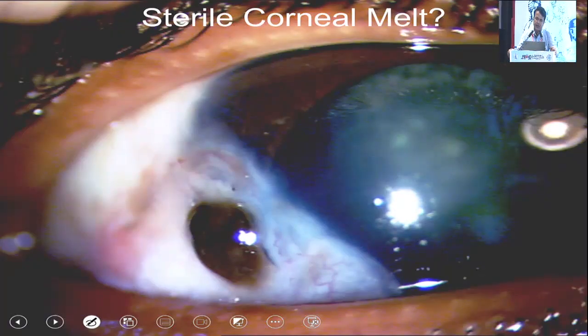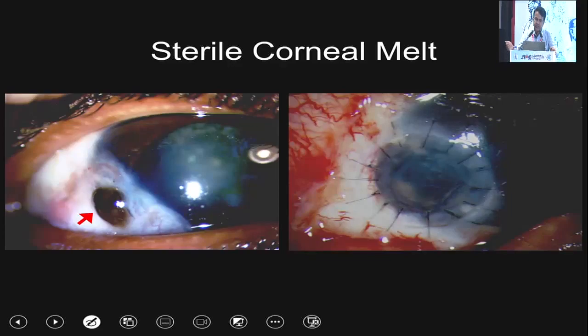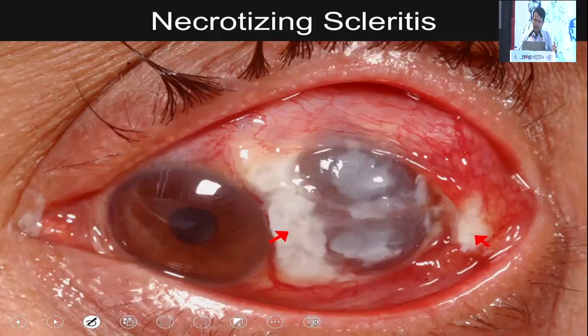This looked like a sterile corneal melt to a cornea specialist. He did what he could. He did a patch graft. Very nice patch graft indeed, but when he sent this necrotic material to the pathologist, it was diagnosed as ocular surface squamous neoplasia. Why was it missed? Because all this keratin was cleaned out by the fellow before the consultant saw it, and there was exuberant keratin, which already tells you that you're dealing with a corneal melt. It is of course a sterile corneal melt that is induced by tumor infiltration and not because of immune mediated